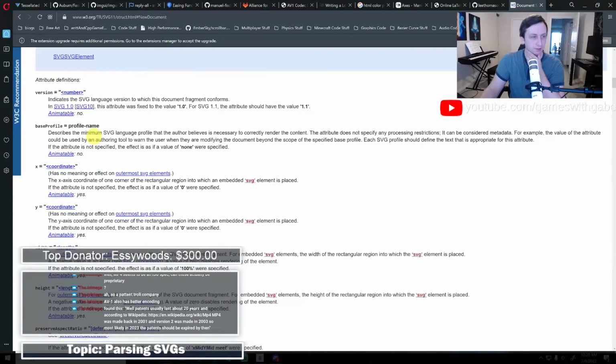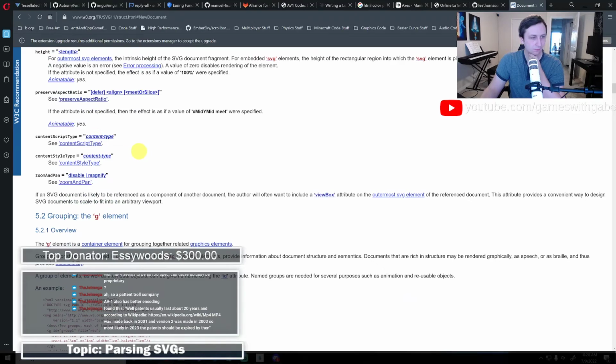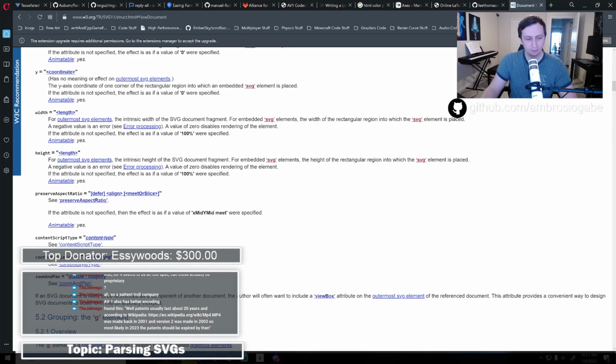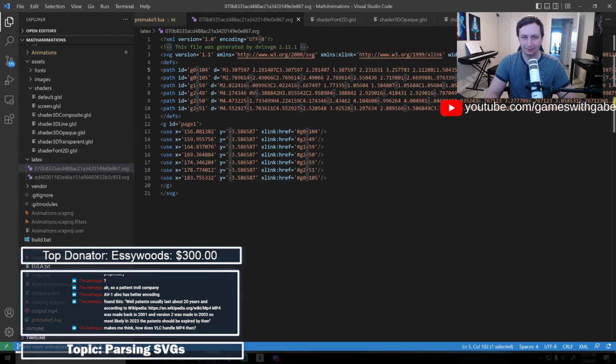Do they have viewBox listed here though? There is no viewBox. X has no meaning. Has no meaning. Okay, so if they aren't listing the viewBox, I'm going to guess that we can safely ignore that. And then this width and height, we can just divide by those to get these as normalized values. Now, what is this minus?